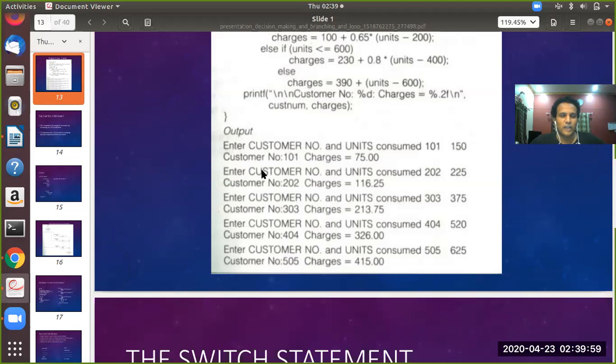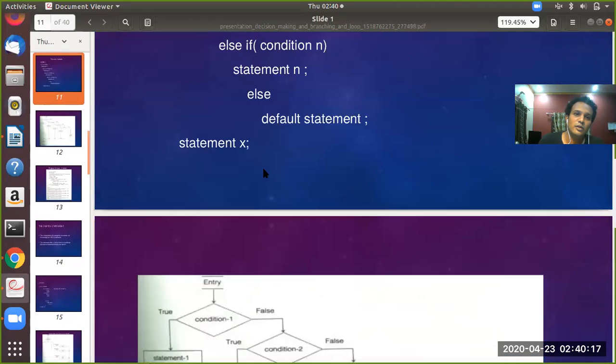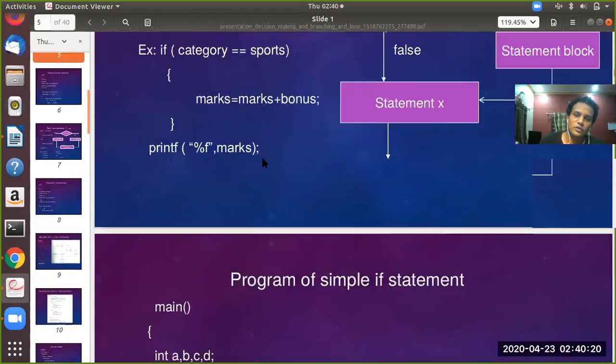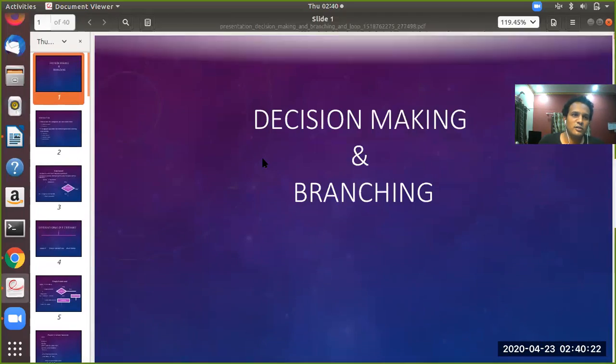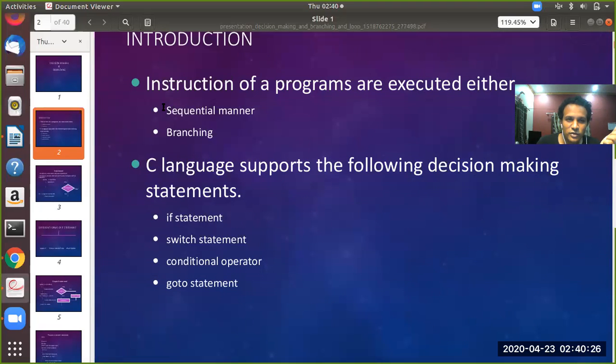It was a single line of explanation, but in this video I have shown you how to use gets and puts in your program, and then I explained the meaning of sequential execution of a program and branching in the program.